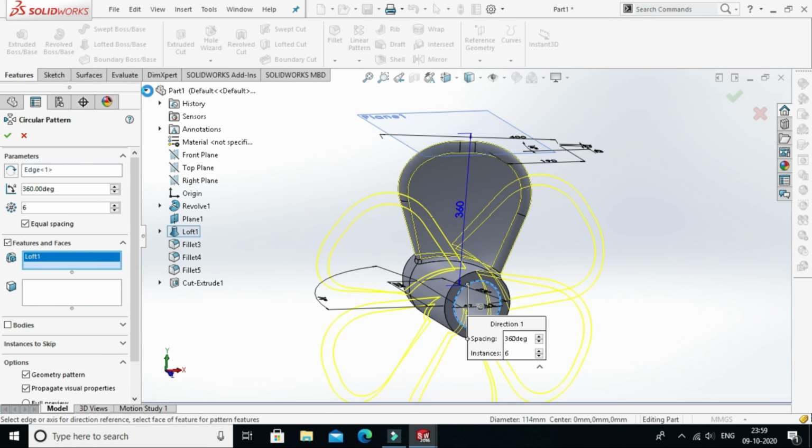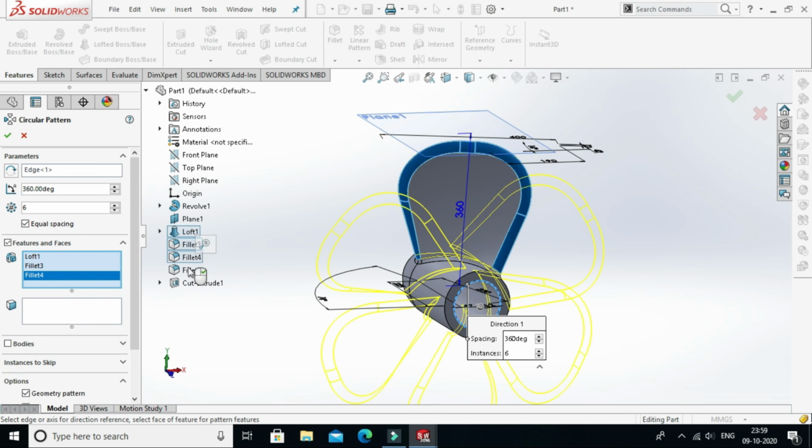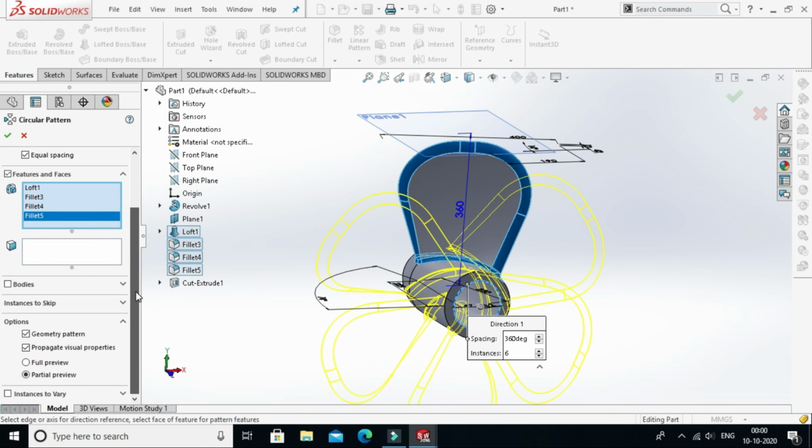Expand the command tree, then select fillet. Make sure that we need to revolve up to 360 degrees. We want 6 instances. Then come downside. You can observe geometry pattern. Make sure that you should enable this. Then click on tick mark.